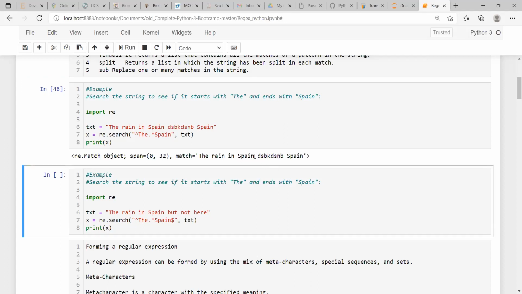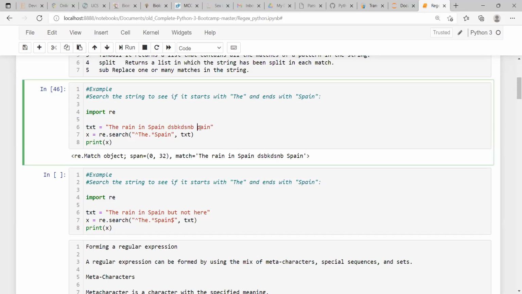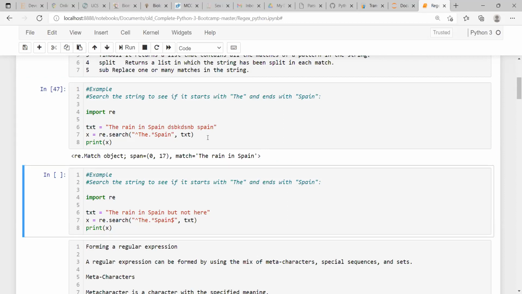You can see that the word, whatever you have placed here, is also taken in, but you are getting the same output. All right. Now I am changing this into small letters. Next, check what will happen. Now it is taking only up to this.